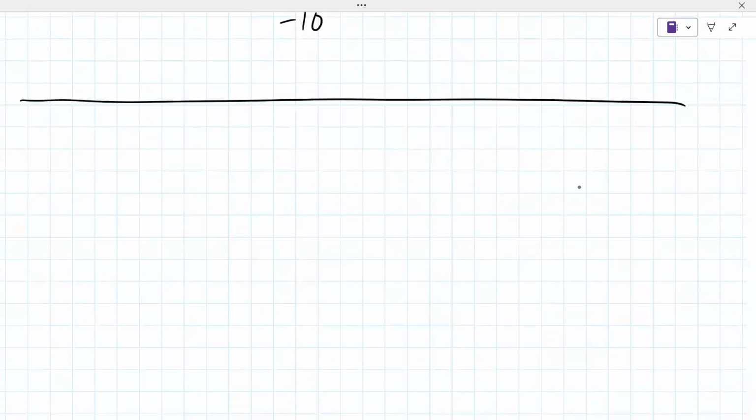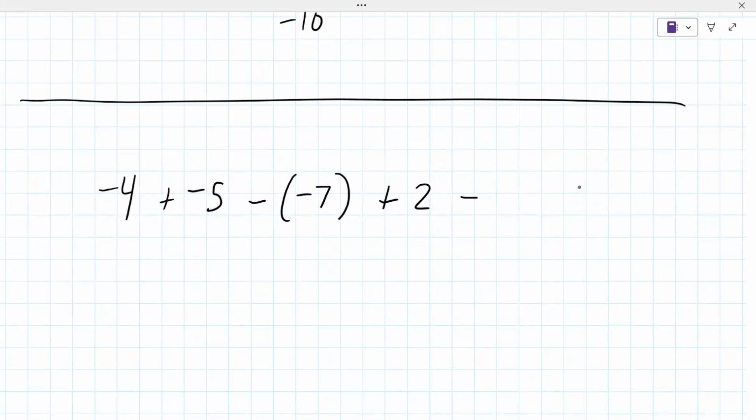I don't want to introduce anything new until we really get this down. -4 plus -5 minus -7 plus 2 minus 9. Okay. -4 plus -5 plus 7